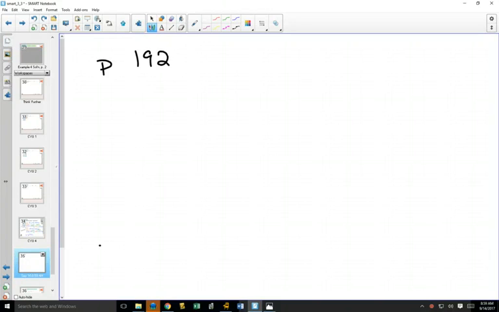Okay, turn to page 192. 192 is a complete blank page, and we will have sometimes where I will add an example, and your textbook has blank pages built into it. So we have a blank page on 192, and the example that we're going to do is we're going to graph